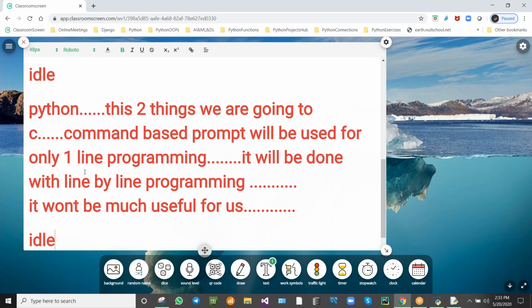IDLE stands for Integrated Development Learning Environment.